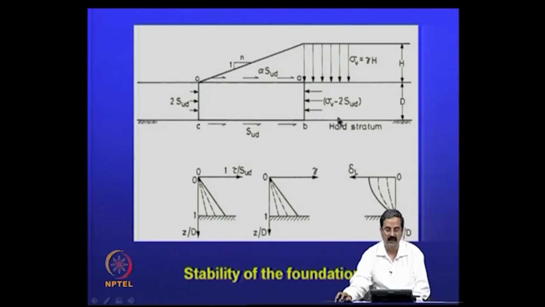So, this is somewhat lesser value here, then as you come here it is higher, I mean in the sense 2S, this is a horizontal force on either side, and why this is happening